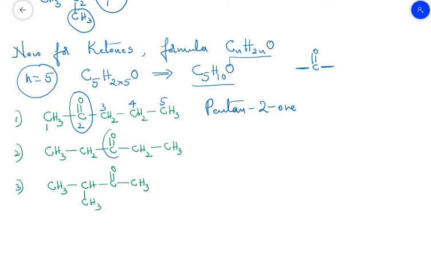And in the second example I have shifted the ketonic group to third position. So here our ketonic group is here. Now in this case either you come from right hand side or you can come from left hand side. This ketonic group will be having number 3 itself only. So therefore the name of the compound becomes pentan-3-one.